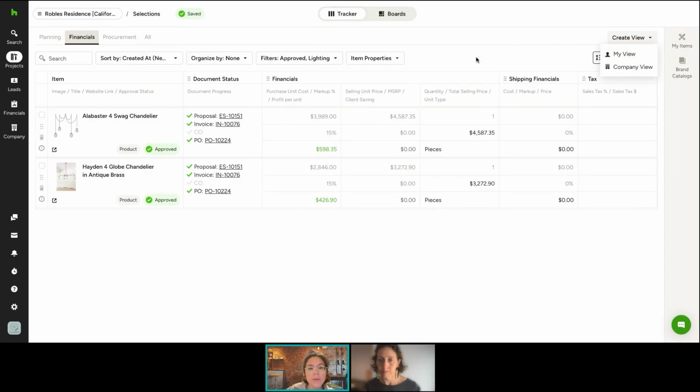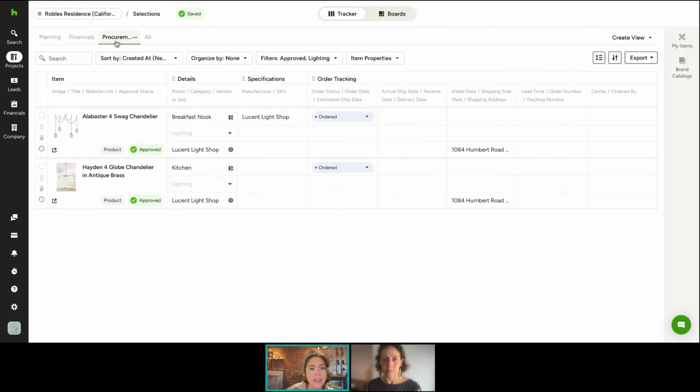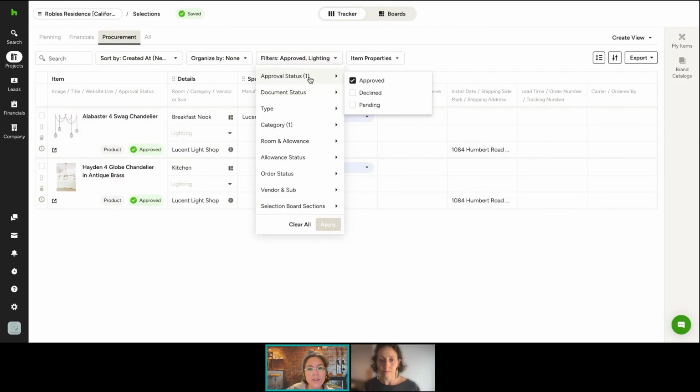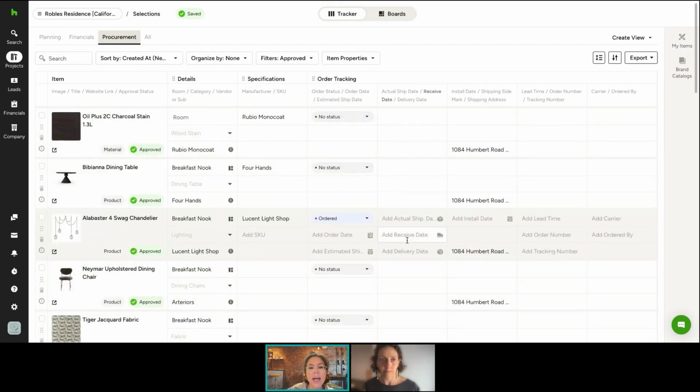So if you want another custom view, you're going to be able to do that. And what's really great is, when we go back to procurement, let's just remove the lighting category for this purpose. As the emails come in at the end of the day, and you've got all these different emails, what I really recommend is to go through and update